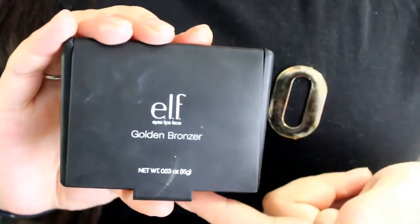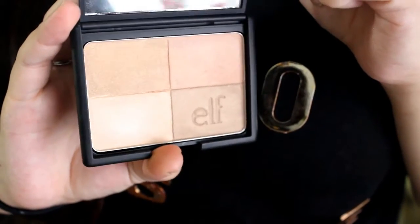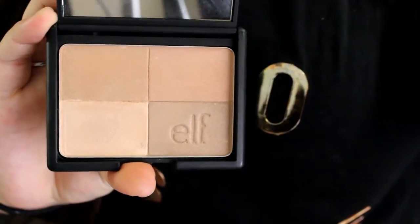So we're going to go ahead and talk about two highlights, and I'm just going to tell you about them really quick because I have a whole video dedicated to my top 5 highlights, and I will have it for you on this video somewhere. So this here is the e.l.f. Golden Bronzer. I went to Target and I got the cool bronzer, the golden bronzer. I skipped out on the warm bronzer because it was more of a reddish tone. If you're a darker skin tone than me, you would like it,